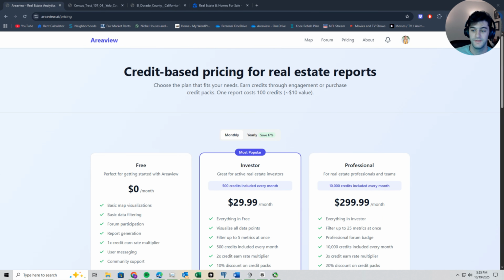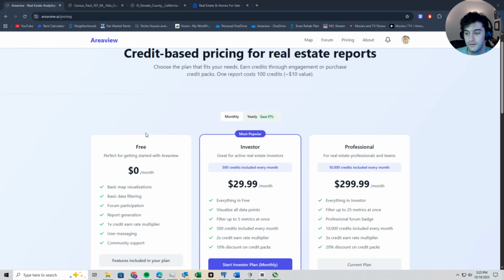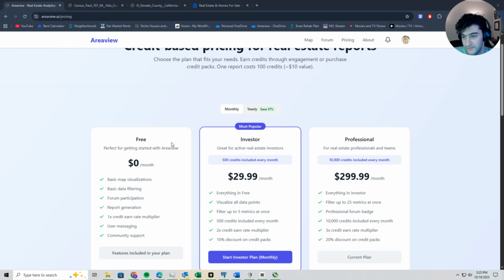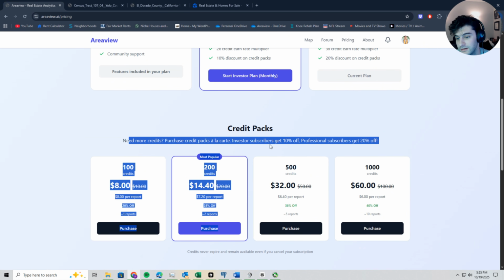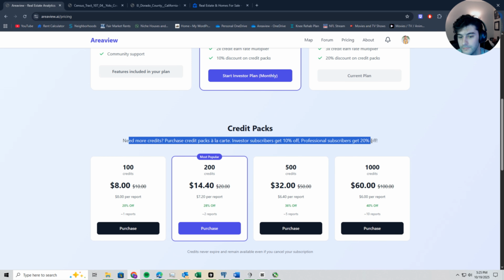So now I want to talk about the pricing structure. If you create an account, you can just be on the free plan, which gets you basic visualizations and filtering, and basically allows you to test out all the features. But you don't get access to all of the data points. After you've created an account, you can purchase credits individually so that you can generate the reports